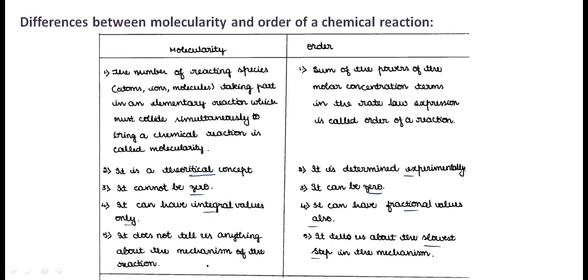Now we'll move to a very important part of the unit, a definite 3 or 4 mark topic for the final exam: the derivation part. With respect to this, there are zero and first order reactions. So first we'll take integrated rate equations. We'll first assume zero order and see how to calculate, then we'll consider first order.